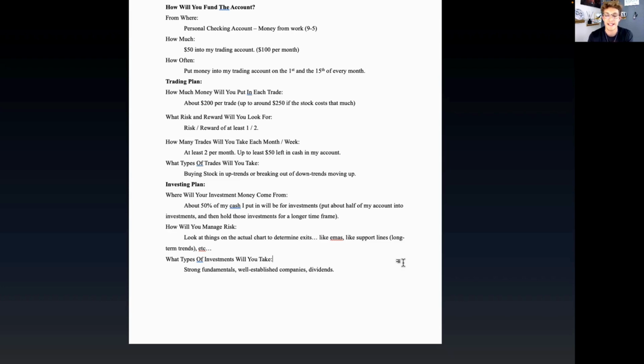And so what that means is that maybe more than half of my account value is going to be in investments, but I don't want to sell my investments and rebalance all the time. That's something that some hedge fund managers and investment advisors will tell you to do. I understand why, right? It's a fine thing to do, but I don't really want to do that with this. It makes it complex, honestly a little bit confusing, and it takes money out of where you want to keep money. So I don't think I'm going to do that.